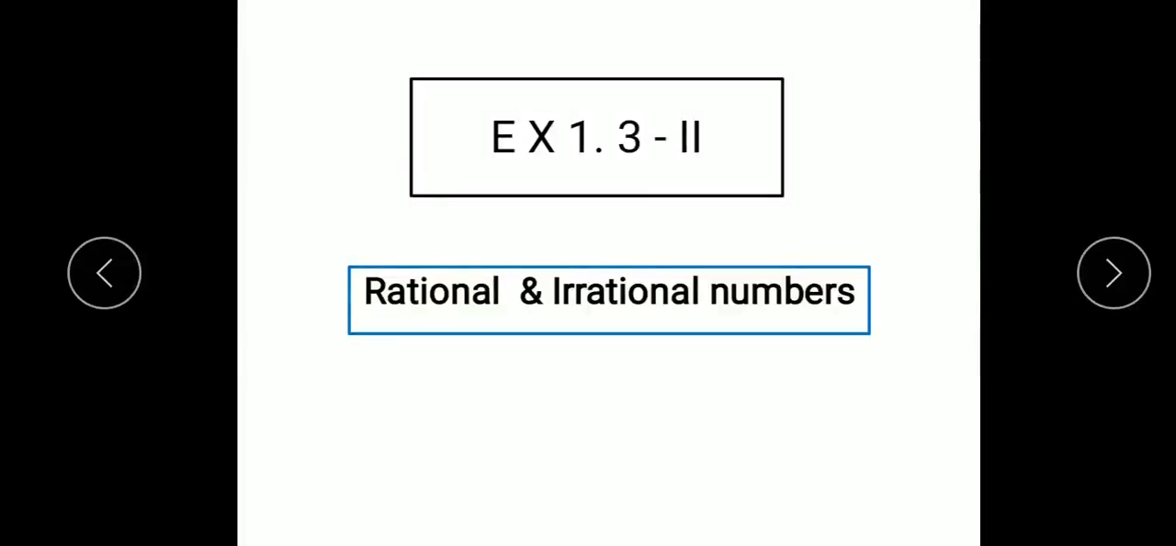Good morning, students. Today we are going to explore the questions which are based on the concept of decimal expansion of rational and irrational numbers. Let us go to question number 2 from exercise 1.3, which states that you know that 1 by 7 is equal to a recurring decimal